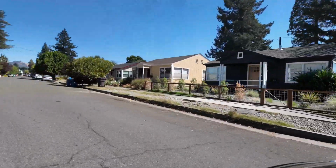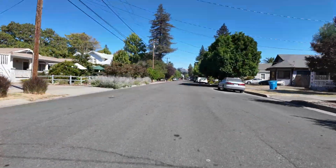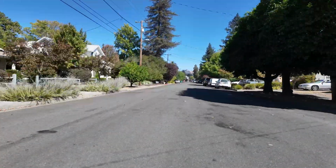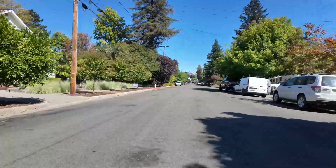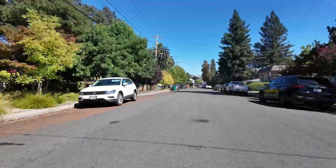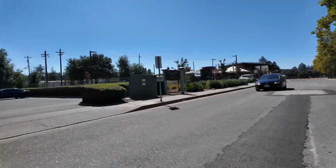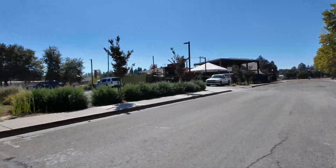And again, it's a really quiet street. It's not a through street. And again, you've got houses which are on large lots, big houses, and as you can see, it's a really, really wide boulevard-style road. So now we're going down Harmon Street, which, again, if you've not been here, then Fogbelt